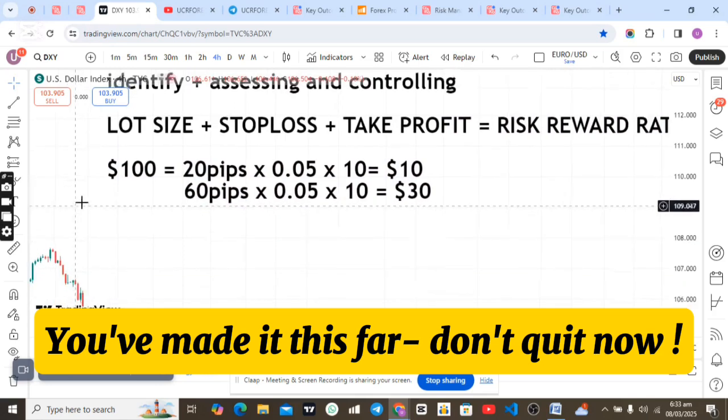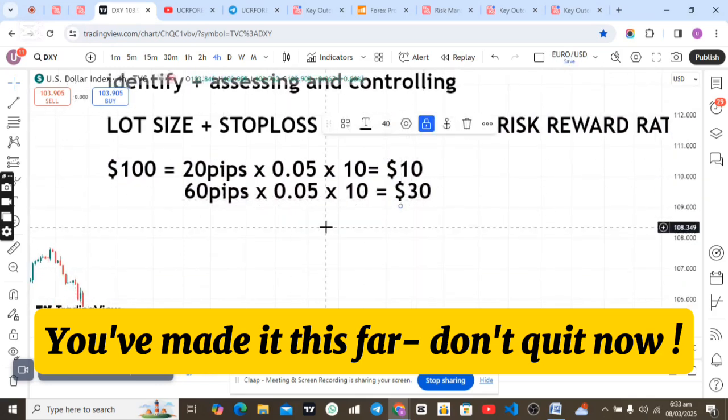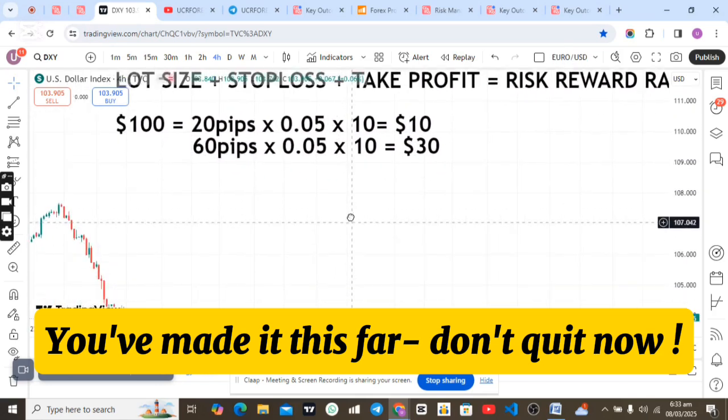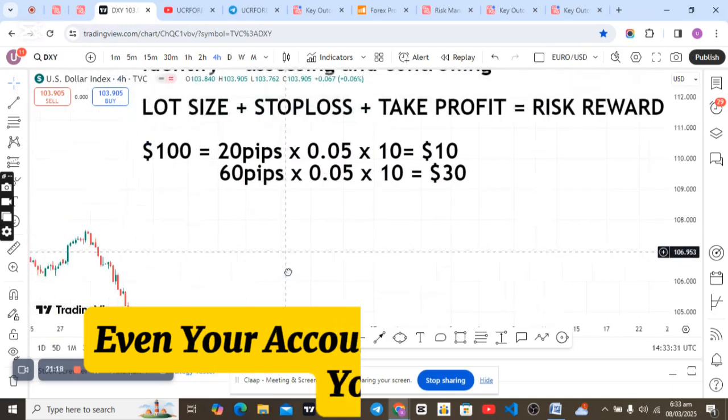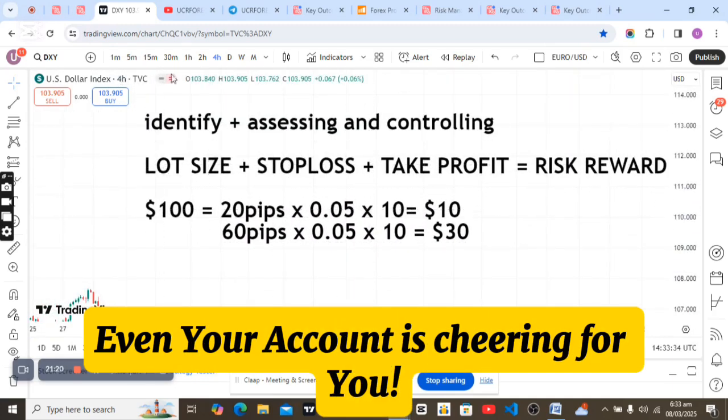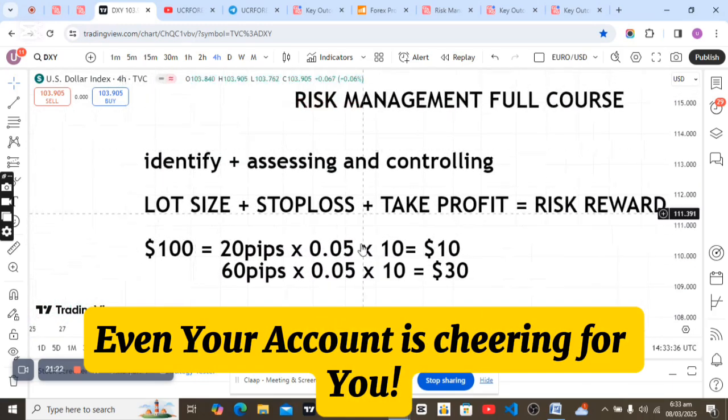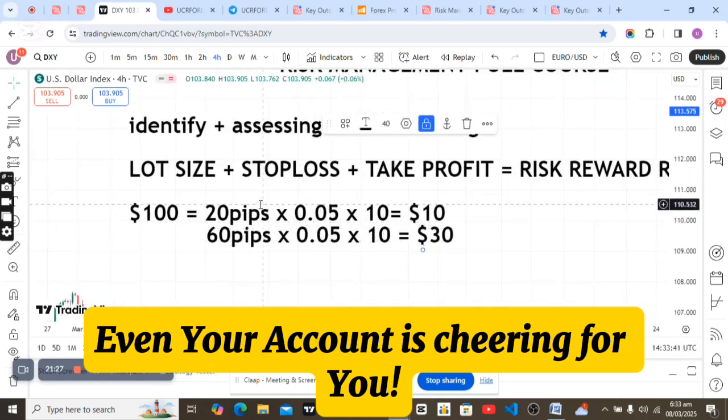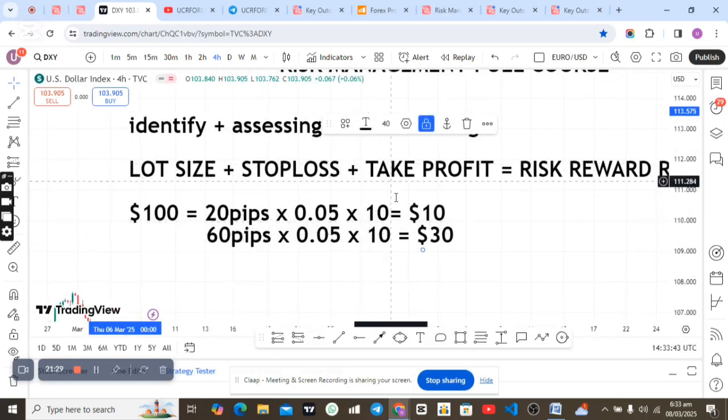There's a problem that normally happens to we traders. Before now, let me tell you the honest truth here. When I was actually learning forex, I thought it was all about buy and sell. Though I stumbled on many topics about risk management, the truth of the matter is that I did not really focus on it because it was very, very boring for me to even sit down and start listening to.